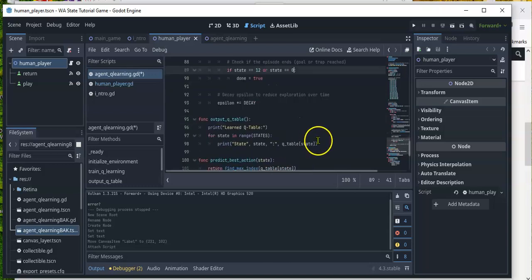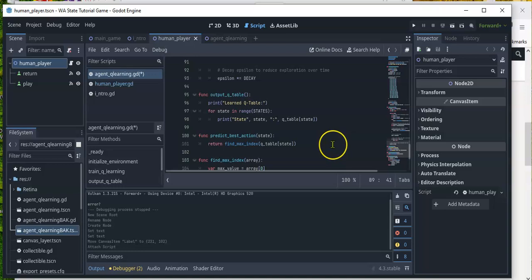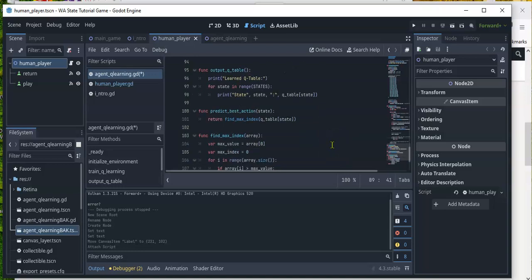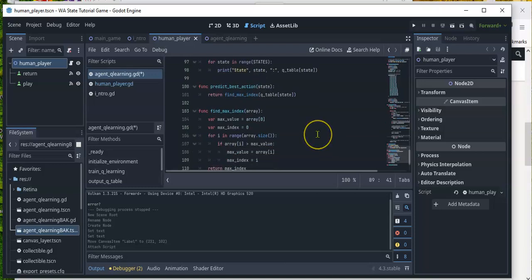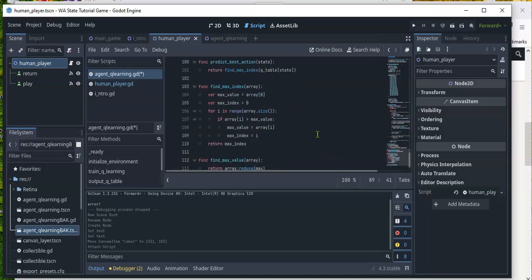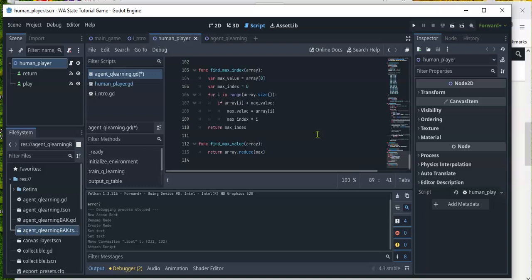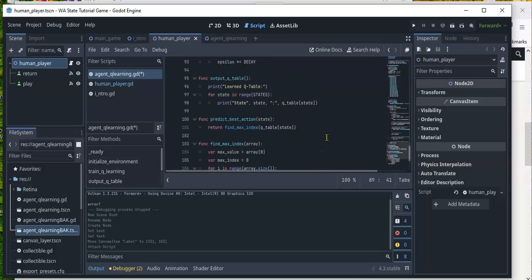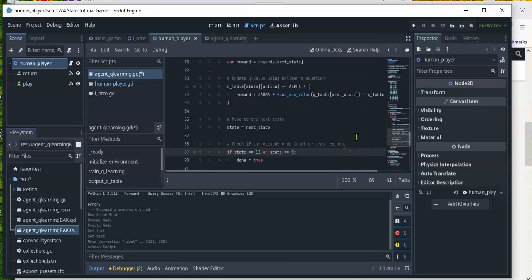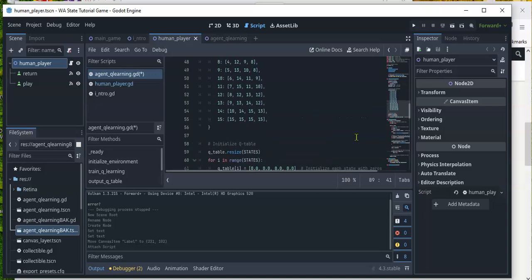Okay, here's our other tables. This is the output table. All this does is print out what the optimized table is, what they call the learned Q table here. And then these are the helper functions. Predict best action, it doesn't change. Find the max index, that doesn't change. And this is one of the ones that we had that Godot needed that not be provided a different way. Anyway, that's all the changes we're doing for all the easy ones,